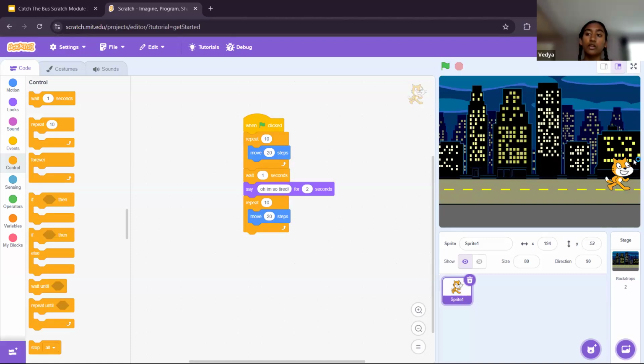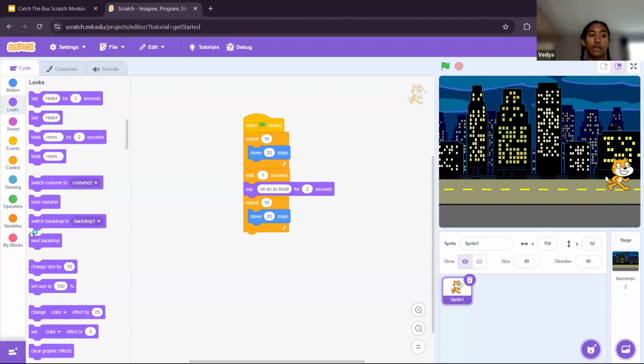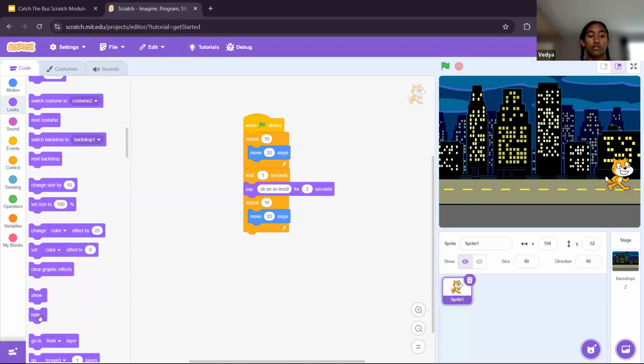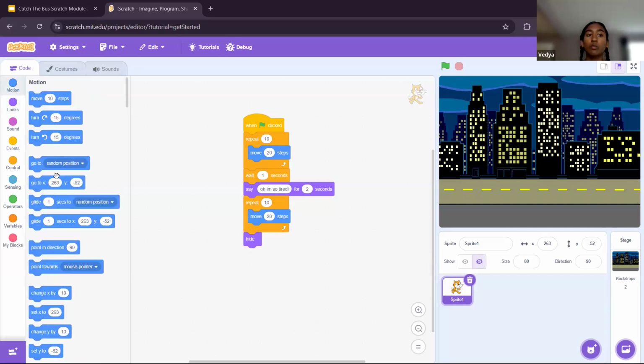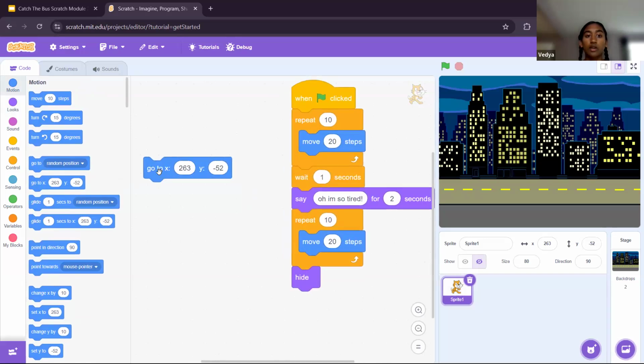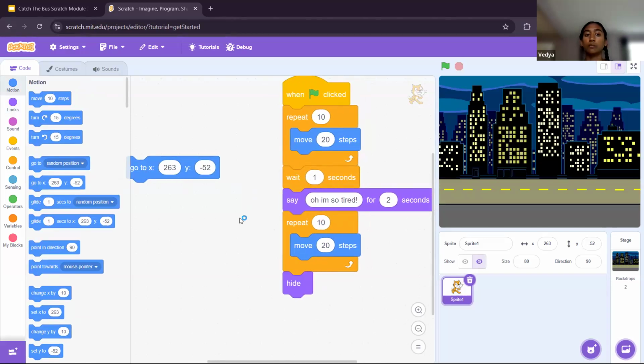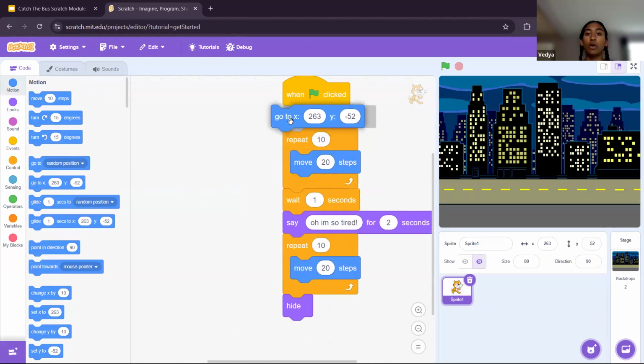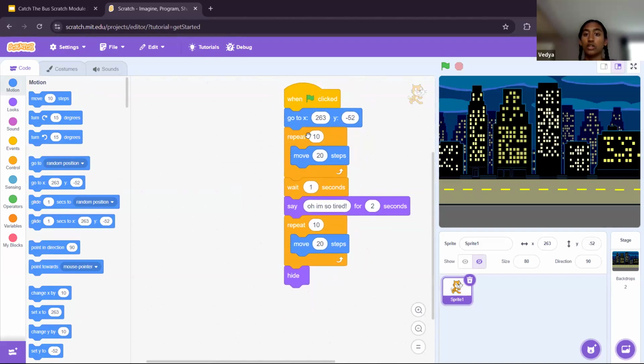Because the sprite reached the end of the screen over here, we'll go to looks and use the hide button so it hides at the end. But now there's another problem. If we say go, then it will start running again. So in this case, we're going to use the go to block. This block is to set the starting position. So if we want the sprite to start here,